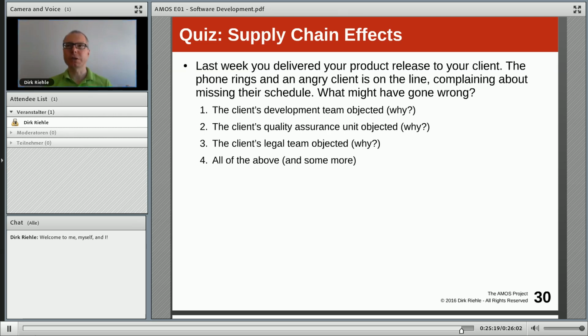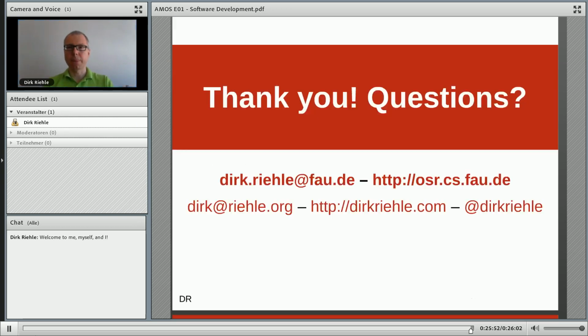The quality assurance team of the client might look at it, might find it not testable, or might find existing tests to not be suitable or not provide enough test coverage, etc. Or the client's legal team looked at the bill of materials and found, oh, there's an open source library licensed under AGPL, and we absolutely do not want that. So the client legal team stopped the client project dead in its track because you can't use that software. So the answer here is all of the above could have gone wrong.